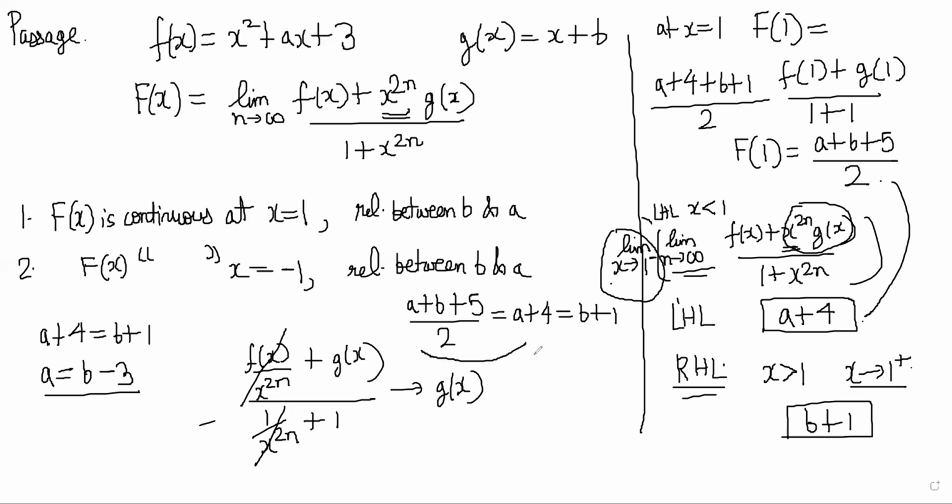So these two and these two we have already done. So we can put that relation in this. So it becomes 2b minus 3 plus 5, so plus 2 by 2. So it is b plus 1. Okay, nothing more you will get. You will get only this much, same thing. This is the relation for the first case. B is equal to a plus 3, you can say. So that is actually correct.